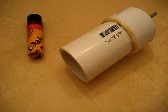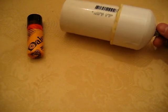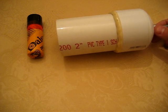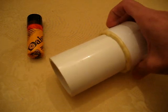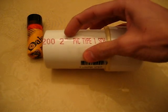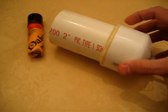So this is a tumbler that I made pretty cheaply. If you want to go out and buy a tumbler, more power to you. I didn't want to go spend $30-40 on a tumbler that I was only going to use a couple of times just to polish some silver. So I just made one here. This is about a 5-inch piece of 2-inch wide PVC pipe with an end cap on it,